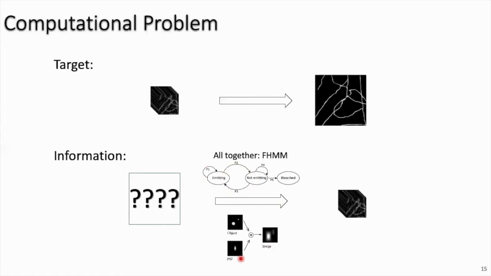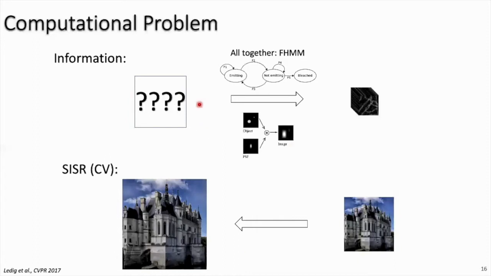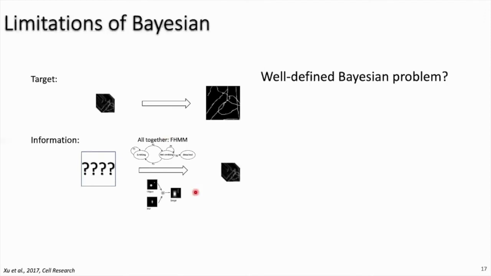Because of these pieces of information, our problem to reconstruct this hidden unknown super resolved structure is completely different from the single image super resolution problem in the computer vision field. For that problem, we are trying to guess a super resolution image from the low resolution image with the help of deep learning and the distribution learned from a large amount of training data. While for our problem, we are trying to reverse a known physical process and then reconstruct the hidden unknown super resolved structure. On the other hand, since we are trying to reverse a known physical process, are we trying to solve a well-defined Bayesian problem?